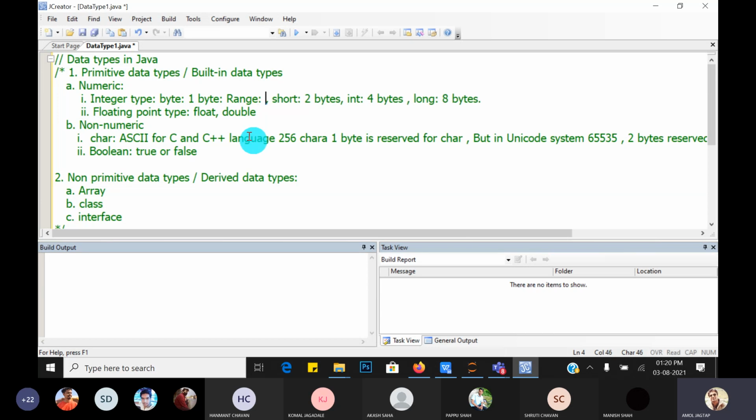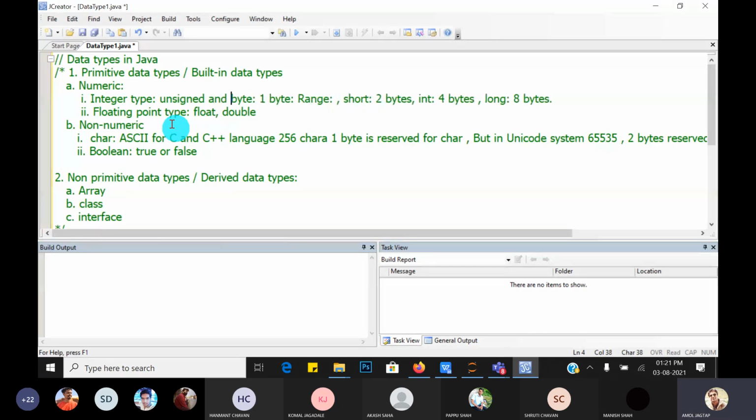Range means which values from minus to plus we can store in a variable of particular type, that is byte. So what is the range of byte? If it stores 1 byte, that means 8 bits. Okay, so in Java, what is the characteristic of the integer type? Like in C, C++, the data types are signed and unsigned.